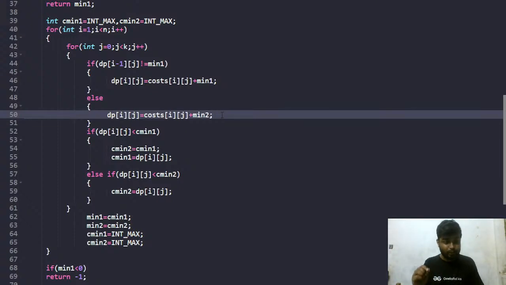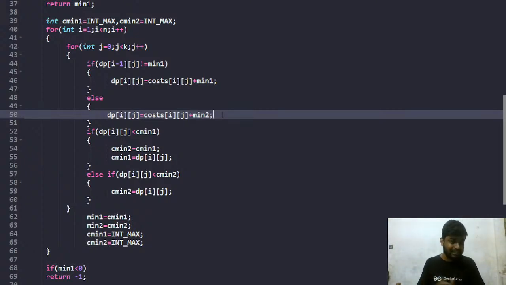And then what you are trying to do is, every time you are keeping track of the minimum and the second minimum cost. So if you have previously used the minimum cost, then you will try to use the second minimum cost. Otherwise, if you have used the second minimum cost, then you will try to use the minimum cost now, right? So that is how alternatively you will try to reduce the cost, and ultimately your cost will be minimum.